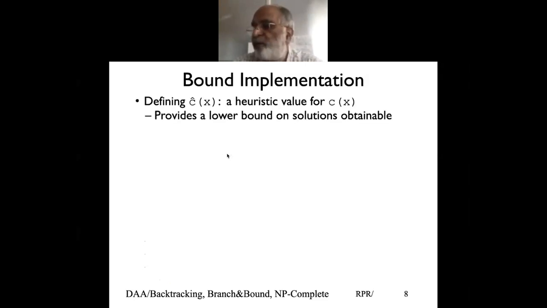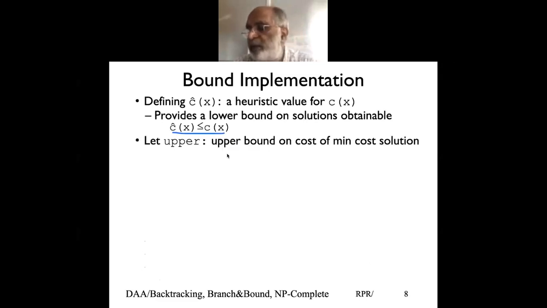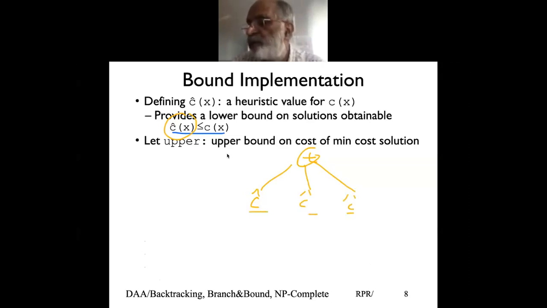So typically we'll define a heuristic, which will define a lower bound of what we can do, and we are always saying this heuristic should be less than the actual cost. And how do we estimate that? We want to explore only those nodes for which this Cx is the minimum. So if I have a tree and a number of nodes, and this is, let's say, C hat for this, C hat for this, I need to find whichever is minimum.